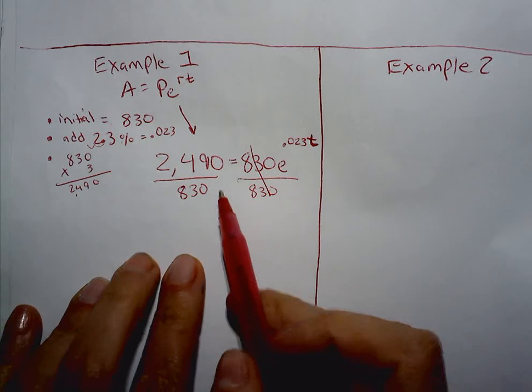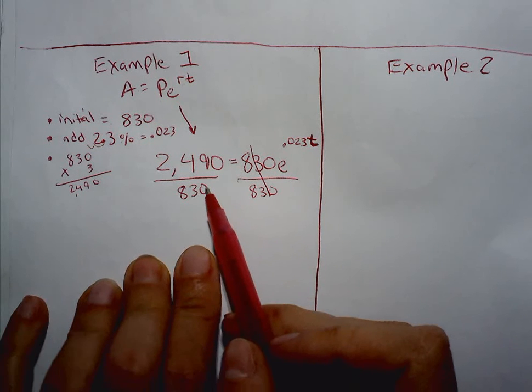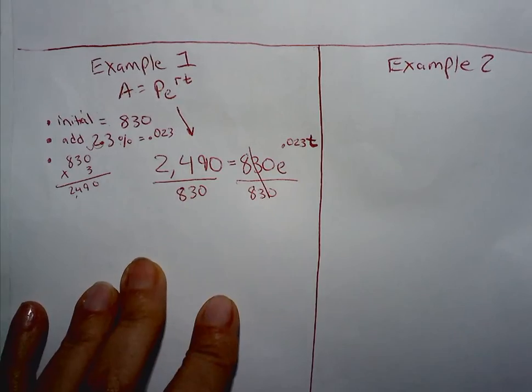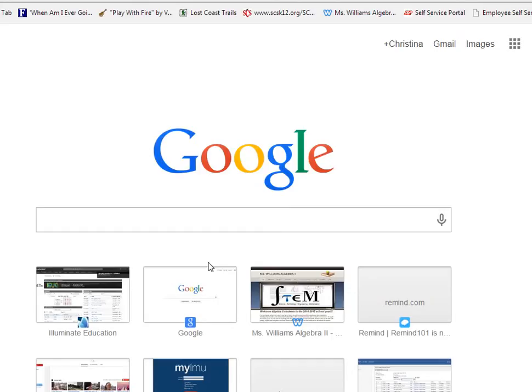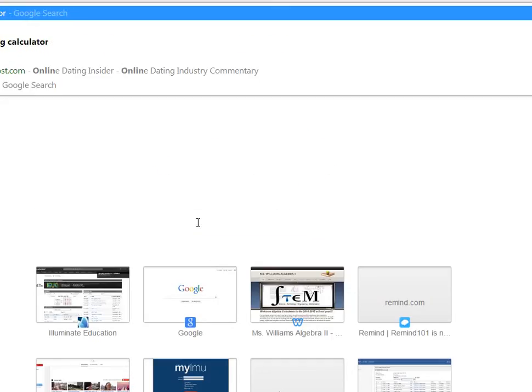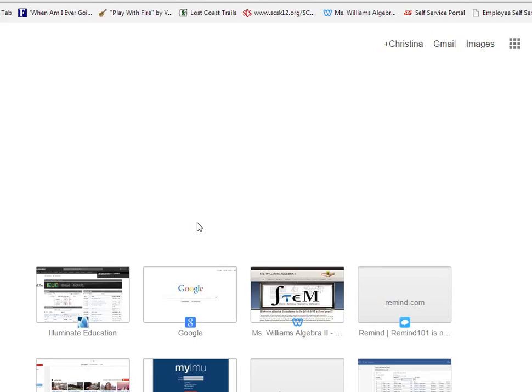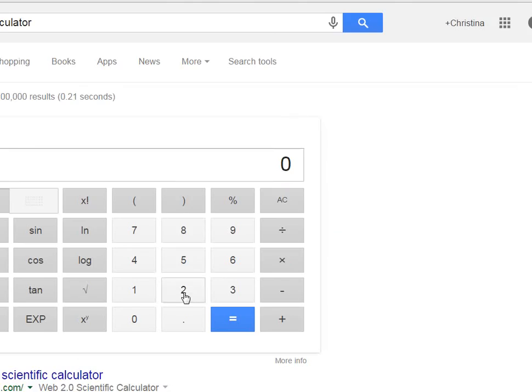So 2,490 divided by 830. Online calculator. Alright, 2,490 divided by 830 gives me 3. Well, that worked out lovely. So 3 is equal to